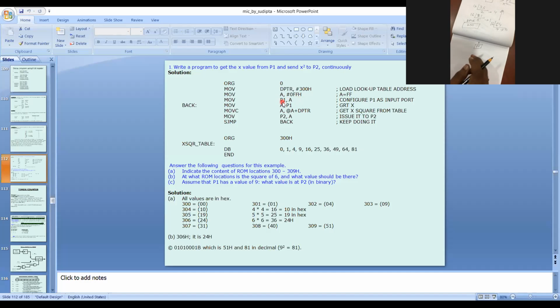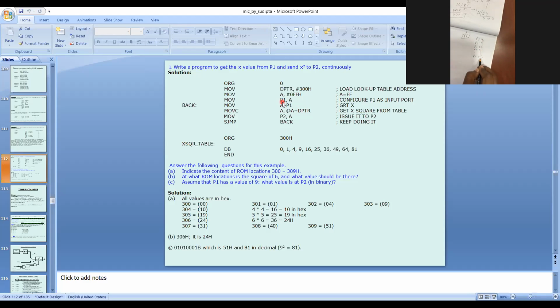So what will happen in Port 1? Port 1 consists of P1.0, P1.1, P1.2, P1.3 up to P1.7, right? So what will FF be? FF means 1, 1, 1, 1, 1, 1, 1, 1. So every pin should be 1.